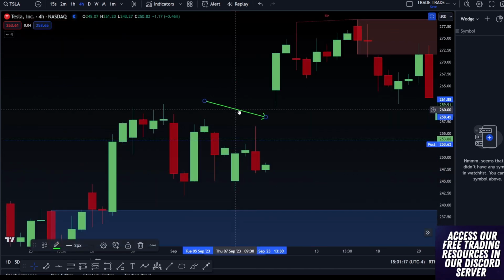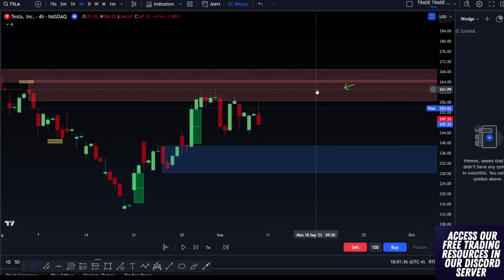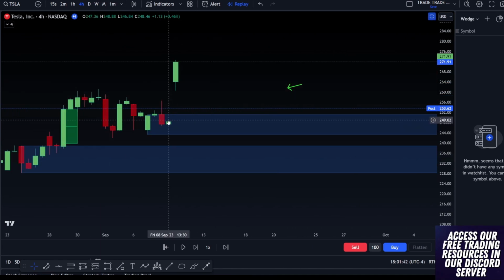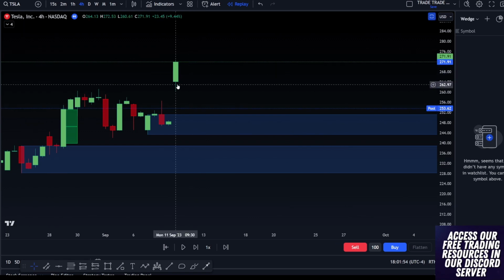How does a price gap occur? Why would there actually be a gap there? After market. Yep, so we're looking at 4 hours here. If we let this play through, you're going to see, boom. Right here on Friday, September 8th, we closed Tesla at 248.39. And then Monday morning, we opened up at 264.10. So gaps occur between market close and market open.